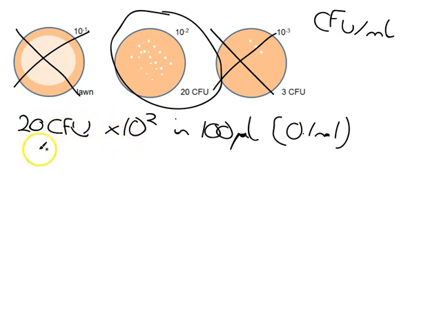So this we can just times together to make 20 times 10 to the 2 colony forming units in 100